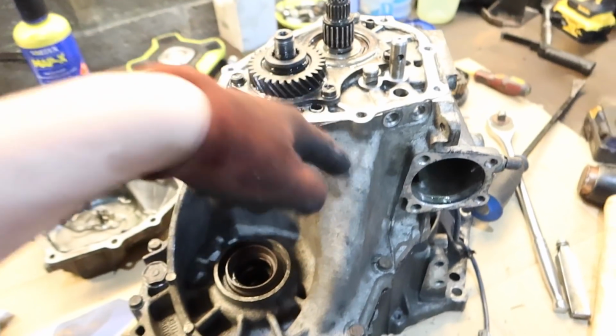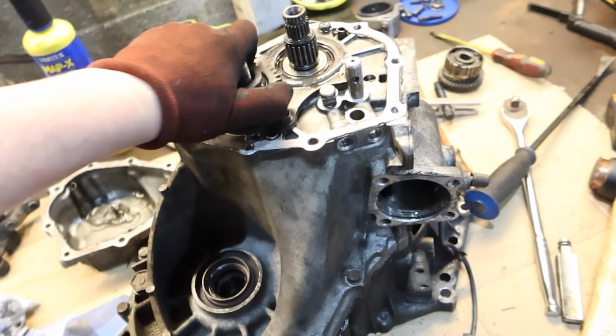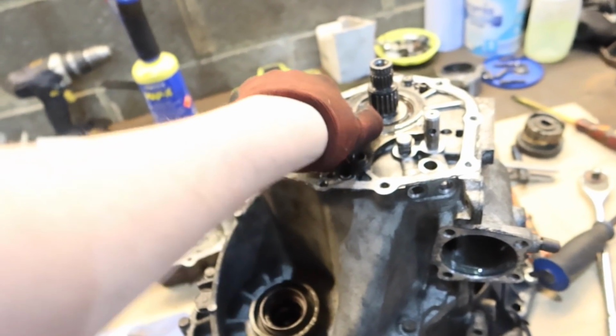Oh, definitely something in there, innit? But we're running out of time, so I think before I get too stuck into it, I'm going to pack up and clean up and go home, and I'll come back another day. I'll see you